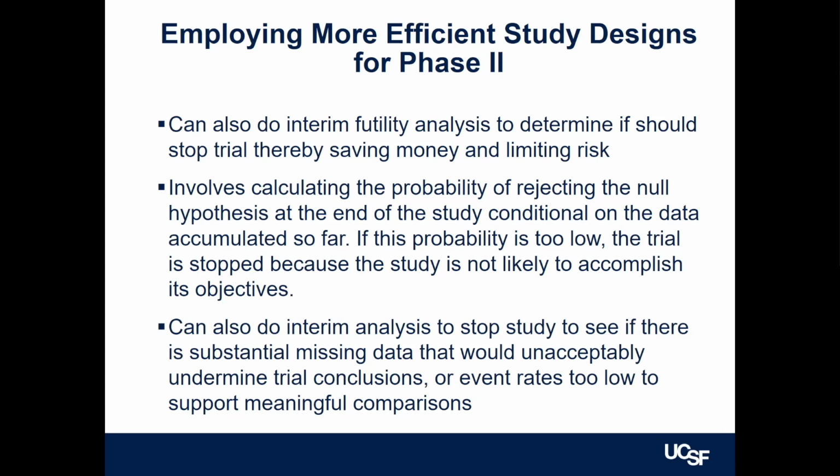You can also add some things if you're worried about things like missing data, or that there might be an event rate that's so low that you might not be able to support conclusions. You can do an interim assessment of that. What I mean by that is statistical missing data is obvious, but event rates being too low. For example, let's suppose you're doing a study of suicide in depression, and you're looking at suicide, and no one in the study committed suicide at the interim. That makes it really hard to justify continuing.